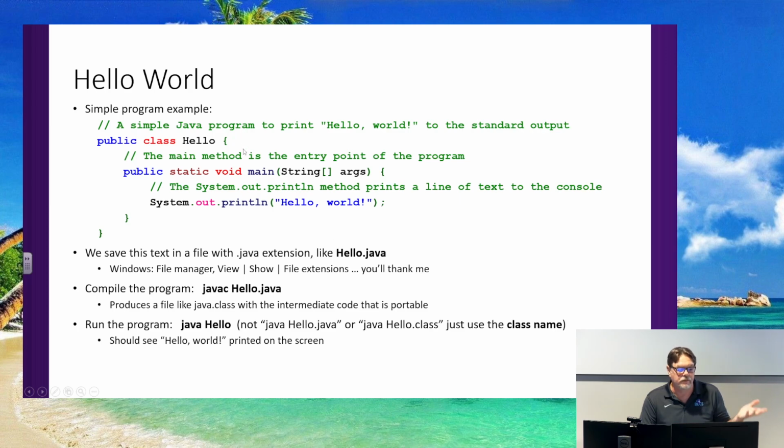So anyway, we'll save that text file in a file called something.java. So the .java tells the operating system this is a Java type file and associates it to whatever program. And that gives us the ability to, if we see this in File Manager, we can double click on it and it knows which standard editing tool we want to use to open that file.